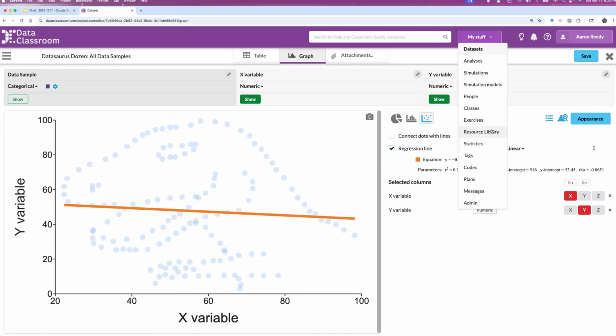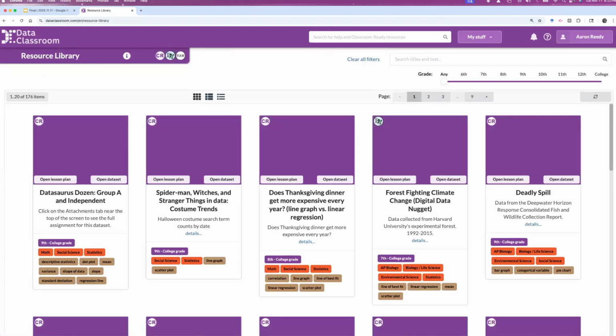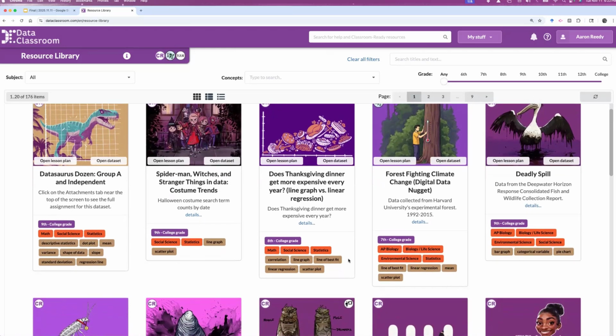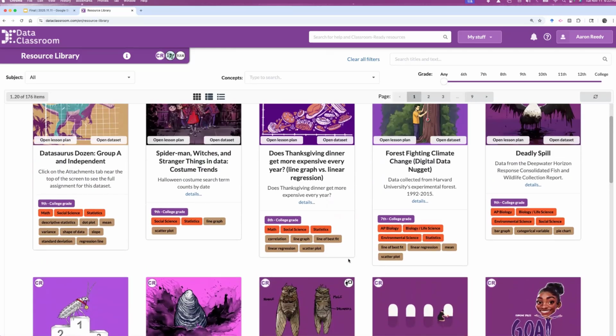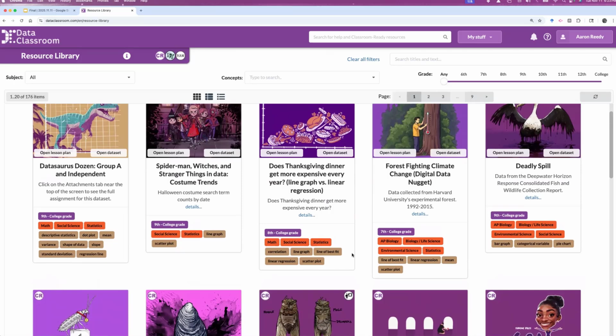Okay, for my next example, I want to illustrate that graphs can help you ask the right questions. I'm going to leave this data set and go to the Data Classroom resource library. This is a collection of curated data sets that have activities that go with them. There was an activity for that data source, Dozen. We didn't even look at the student-facing assignment, but that's in there